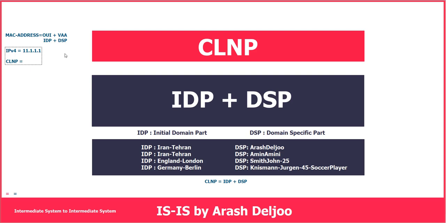In company A, or organization A, we used, for example, 12 dot and then other parts of the address. When everybody sees 12, he or she can understand that these addresses are addresses of that specific company. Or when we worked in another company, all of the addresses in that company started with, for example, 13. This means that every address in the CLNP world